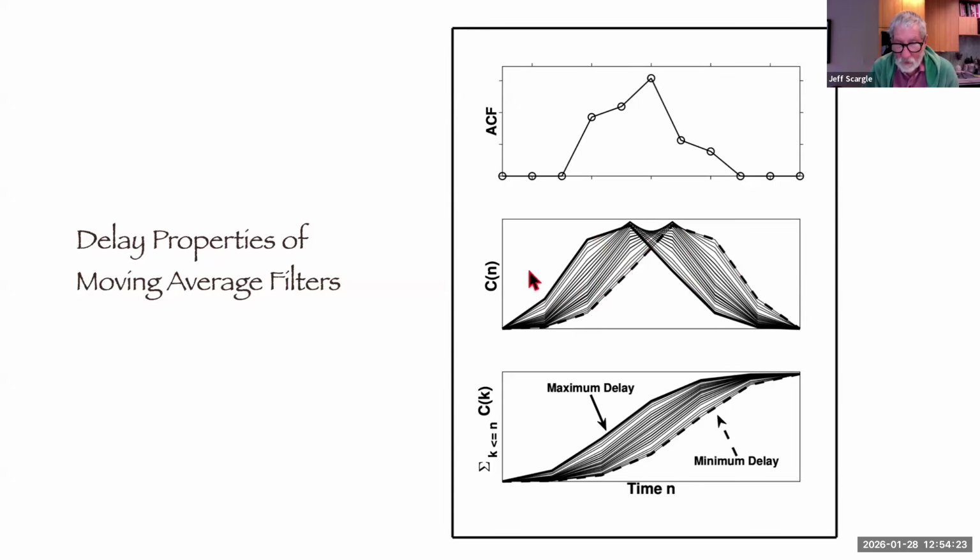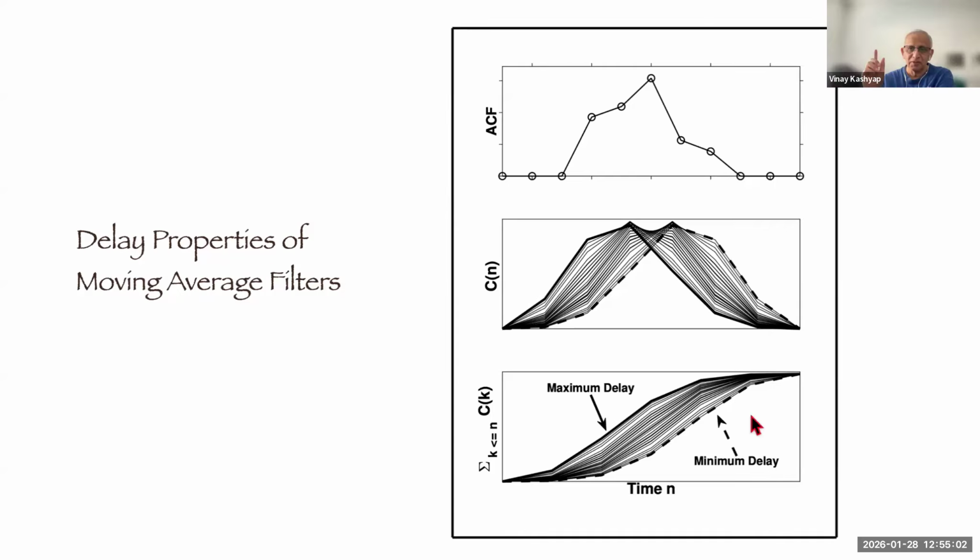And the solid line is the one of interest, and the dashed line is another one. And if you do a cumulative plot of the shape, what you see is that there's one upper envelope to all of these shapes that is called the maximum delay, and the lower envelope is called the minimum delay, because in the electrical engineering context, for example, the power comes out as soon as it can, given the structure of the pulse. There, of all these filters that you can construct, it's the one that